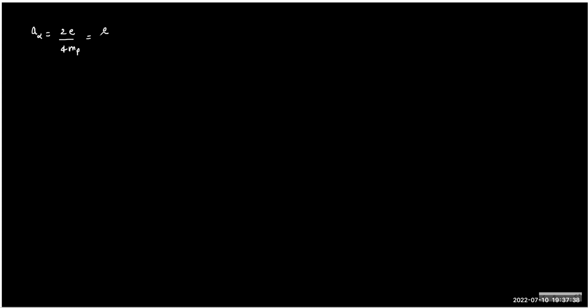So it turns out to be charge into E. Force will be how much? Charge into electric field. The force is QE, and upon mass is the acceleration. So acceleration by definition is this only, isn't it? First of all, we need to know how to write the acceleration, which is pretty easy. Multiply the charge with the electric field and divide by its mass. What you get is called acceleration. Is this part clear?